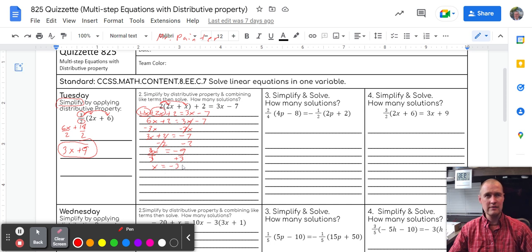Now, we have x equals negative 3. So don't forget our question here, how many solutions? So when we're looking for how many solutions, we're looking for this right here. Since